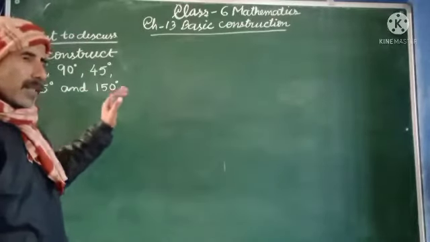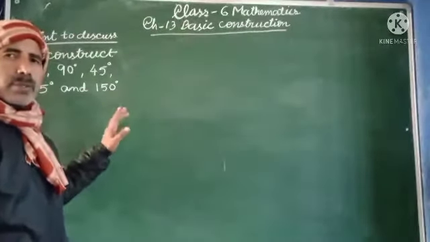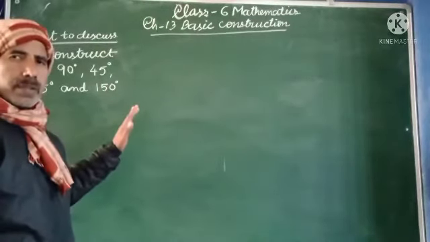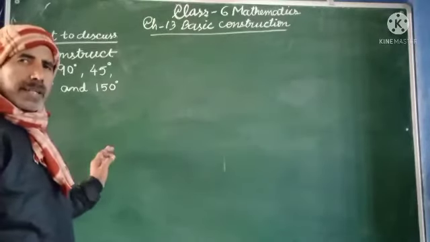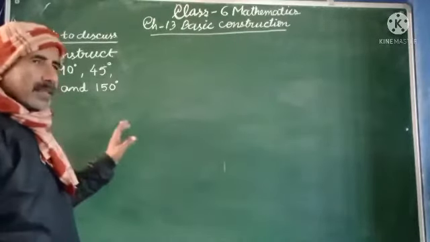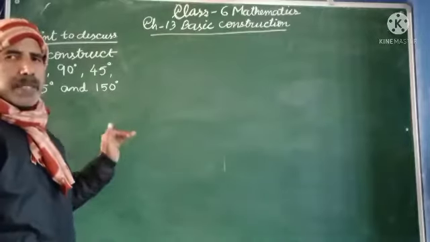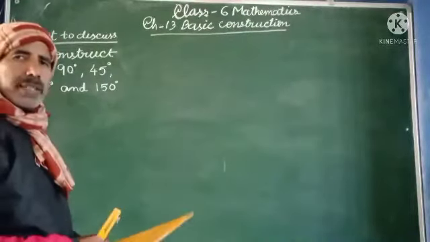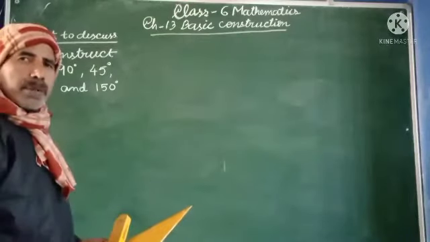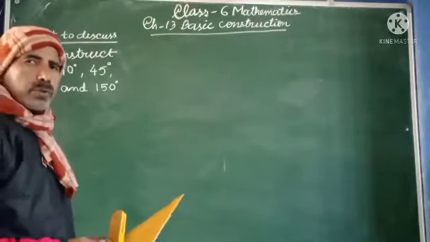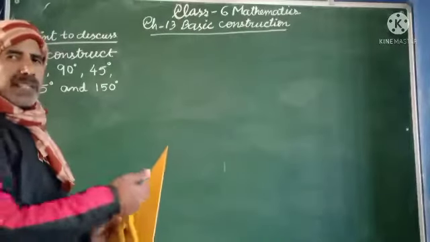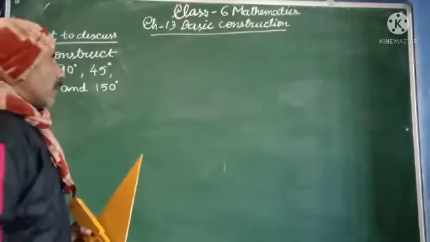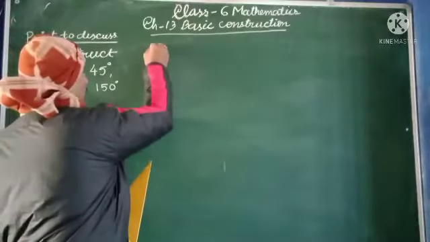All these angles will be learned in this video, constructed with the help of a compass and ruler. The steps of construction will be similar to the previous one, so you can write the steps of construction from there. How we are drawing these angles, the same way step by step we will write. In this video I will not write the steps of construction. I will just show you how to draw step by step and you can write the same thing in words as the steps of construction. So first, the 30-degree angle.